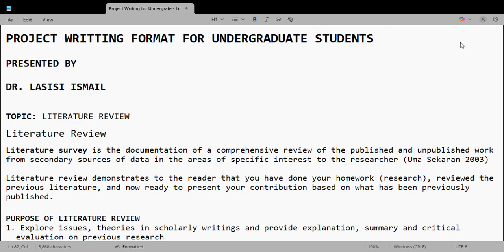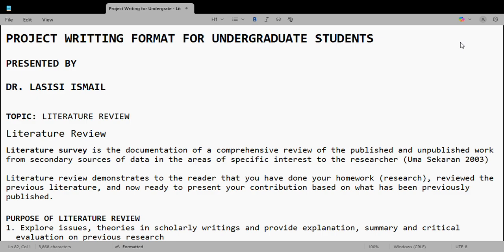In our last class, we discussed one of the components of project writing, which happens to be the introduction. So we discussed the background to the knowledge. We also discussed the statement of the problem, the aim and objectives of the study. We discussed the research questions, the significance of the study, the scope of the study, and the definition of terms. But today, we are going to look at literature review, which is the second component of the project writing